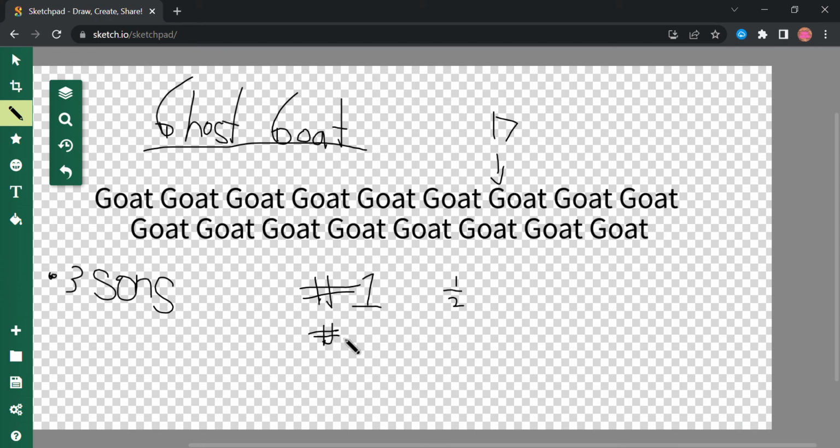Number 2 will get 1/3, and number 3 will get 1/9. Now, if you haven't already noticed, 17 is not evenly divisible by 2,